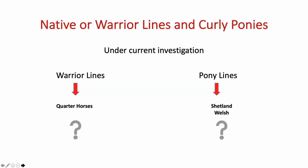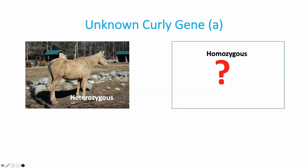And we're in the process of investigating the warrior lines and how close they are to quarter horses, and the pony lines to see how close they are to Shetland ponies. And I'm going to be publishing that in a paper that is based on this particular slideshow. And now as we get close to the end, I'm going to talk about the